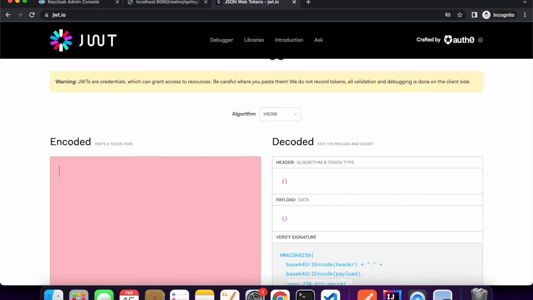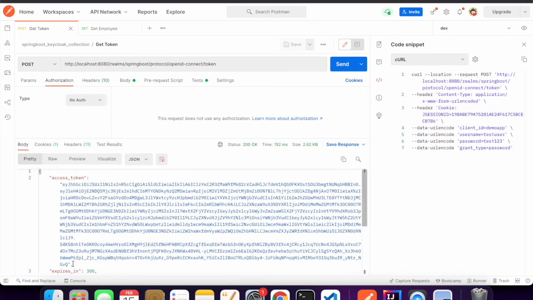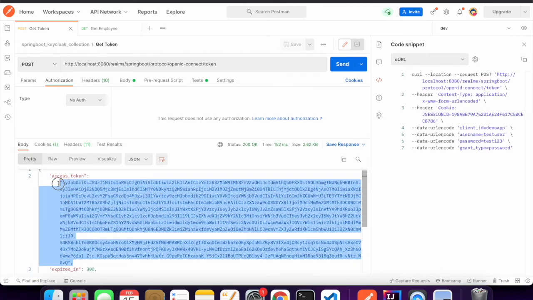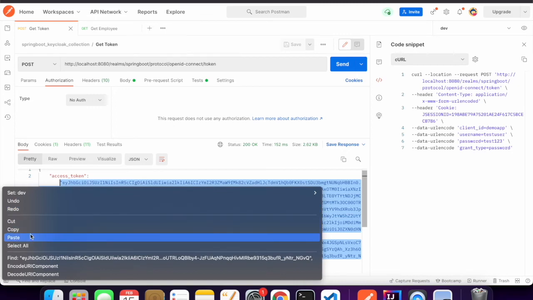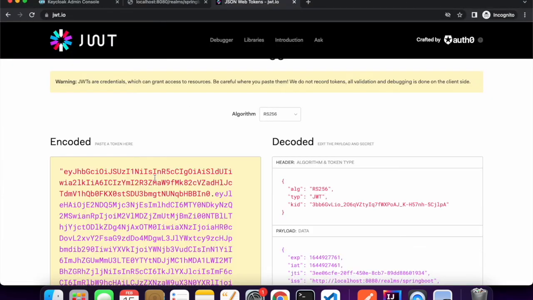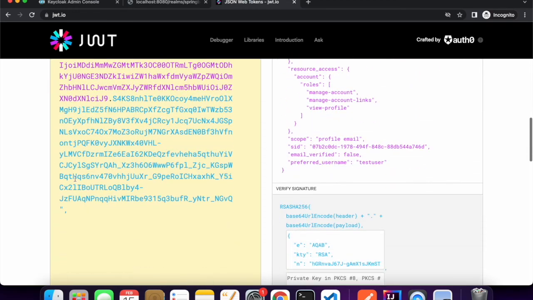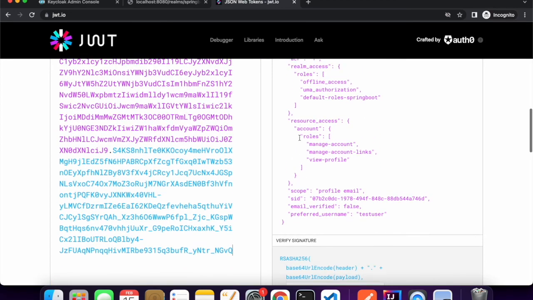No, maybe it looks like I have not copied it properly. I'm copying the token again. Okay, so if you see the token,